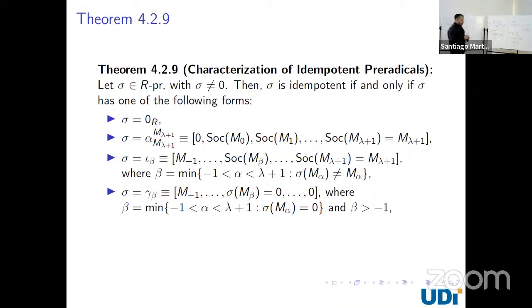Or gammas, which we're going to see these ones are also radicals. And the last one is the radical identity. An indication here to prove this theorem, especially the second one, is that it's the combination of 3 and 4 of the previous result that I presented. However, the third one here